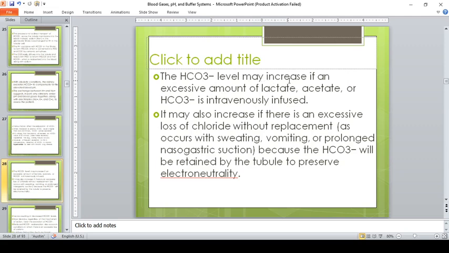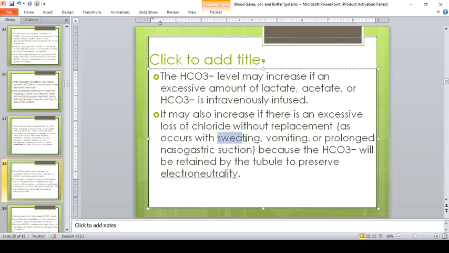The bicarbonate level may increase if an excessive amount of lactate, acetate, or bicarbonate is intravenously infused. So when they inject lactate, acetate, or bicarbonate, the bicarbonate level increases. It may also increase if there is an excessive loss of chloride without replacement. So with sweating, vomiting, and prolonged nasogastric suction, the bicarbonate level increases